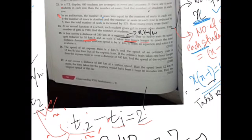Okay. Question number 26. The speed of an express train is x km per hour and speed of an ordinary train is 12 km per hour less than the express train. So speed of an express train is x km per hour. The speed of an ordinary train is x minus 12 km per hour. If the ordinary train takes 1 hour longer than the express train to cover 240 km,